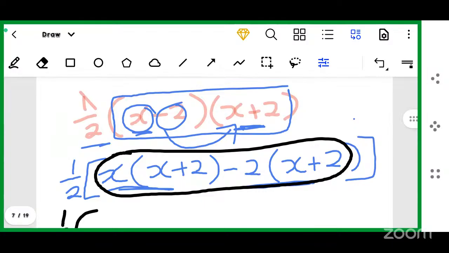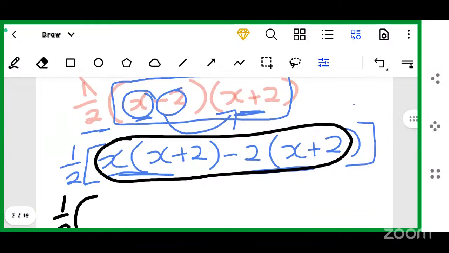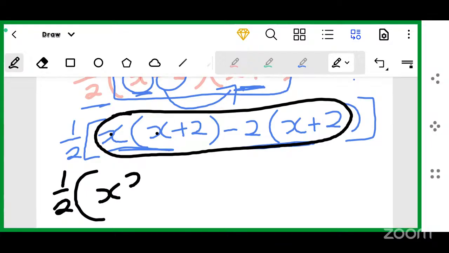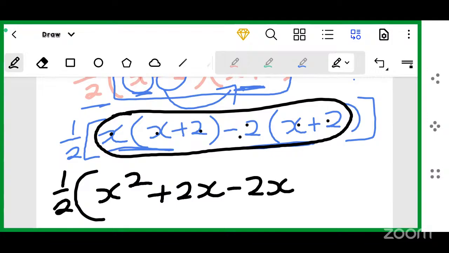All you have to do is drop the other brackets and work out the ones inside. So it's x multiplied by x being x to the power of 2, x multiplied by 2 being positive 2x, these multiplied by these being negative 2x, and these multiplied by these being negative 4,